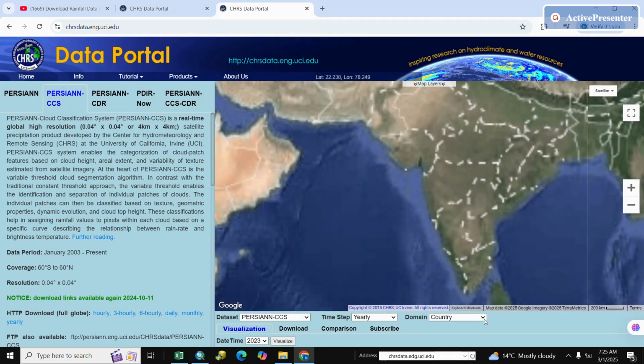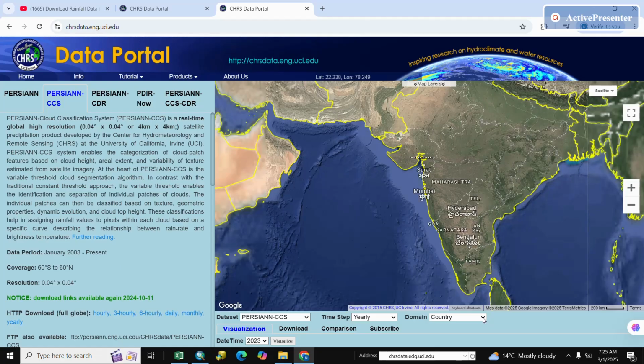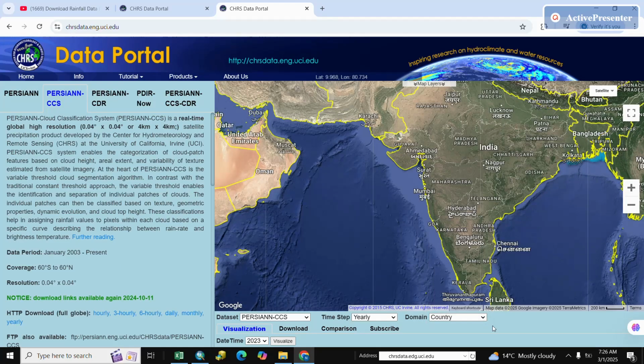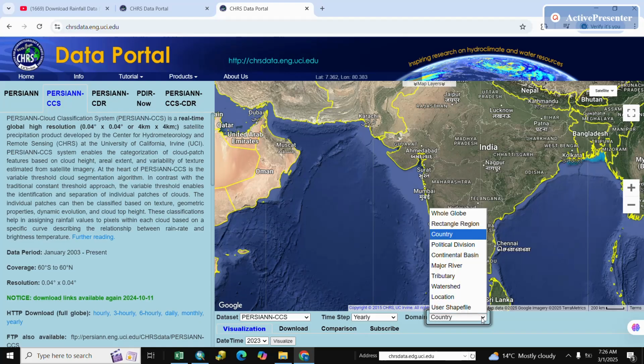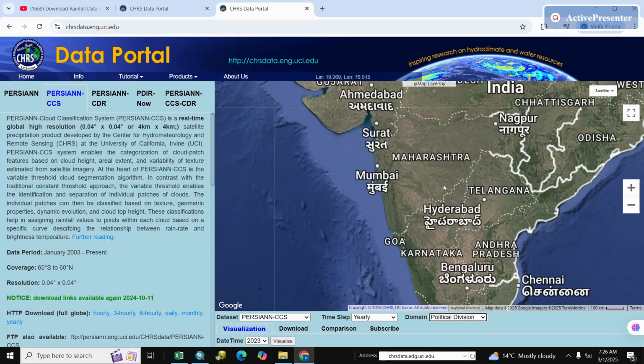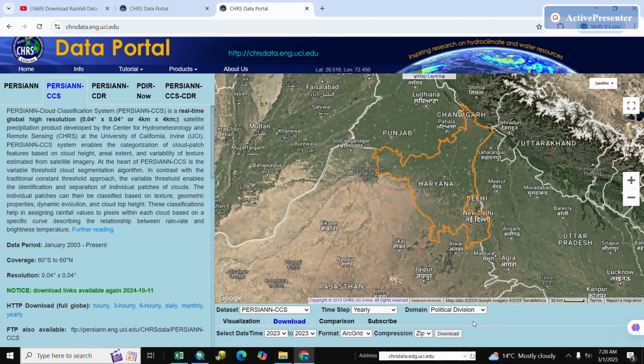And if you want a particular location, so you select here. If you want a particular area, so you select here political division as per your requirement and go to the particular location. After political division, we go to download and we select date time